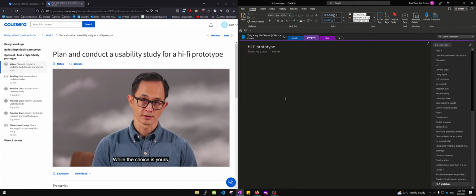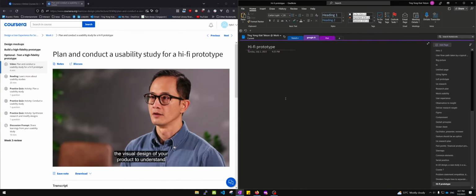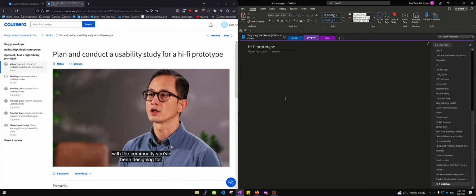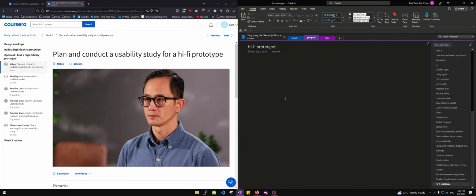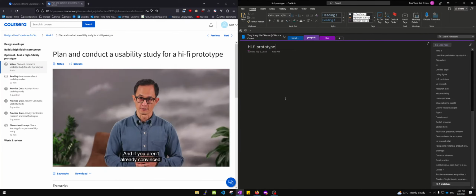While the choice is yours, I'd recommend that you conduct a usability study of your high-fidelity prototype if you had a lot of feedback and made changes to your designs in the low-fidelity phase. You might also want to test the visual design of your product to understand whether or not it resonates with the community you've been designing for. And if you aren't already convinced,